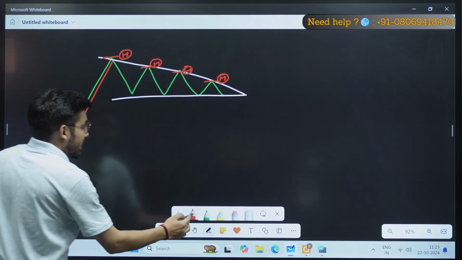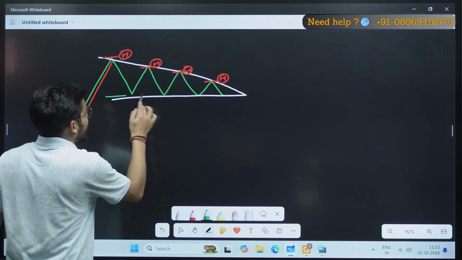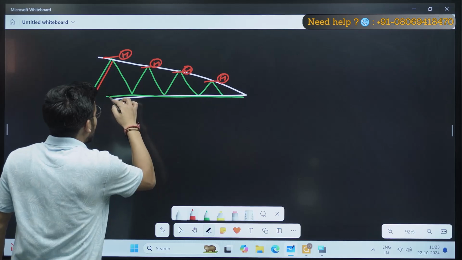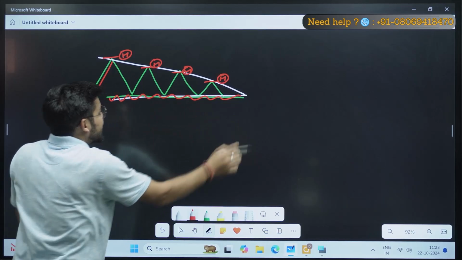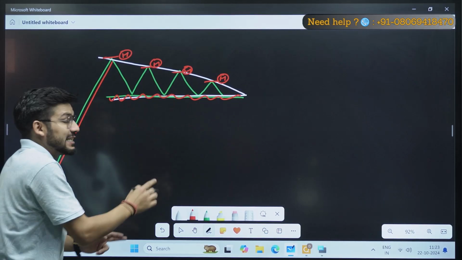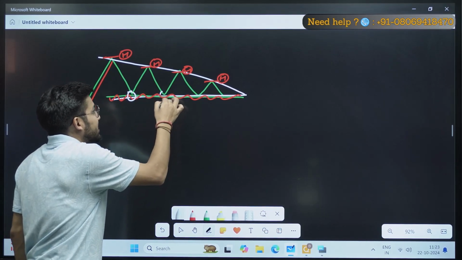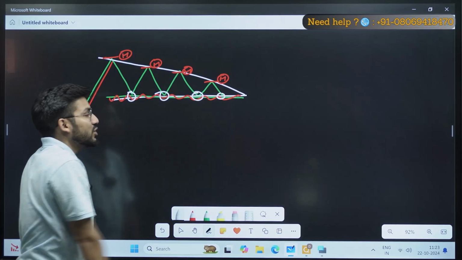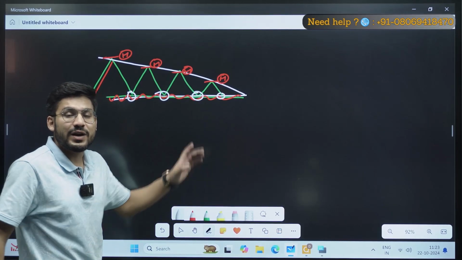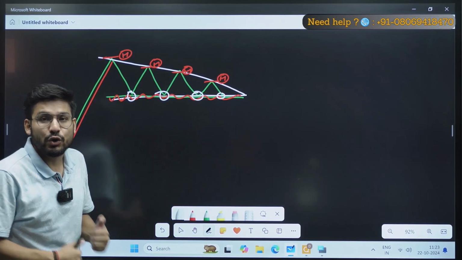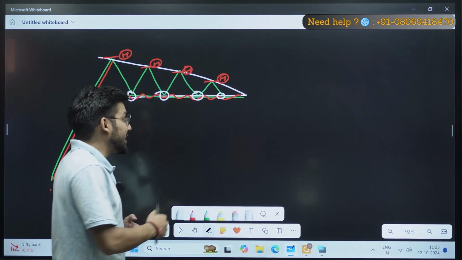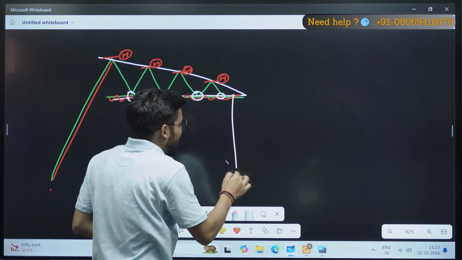Also I can see there was a resistance, or you can say the support. This is my support level, and you can see this support level is getting tested so many times. It was tested here, here, then here, then here. So there will be one time when it will be broken with a good volume, and at that time I will make my entry in the downward direction, okay?